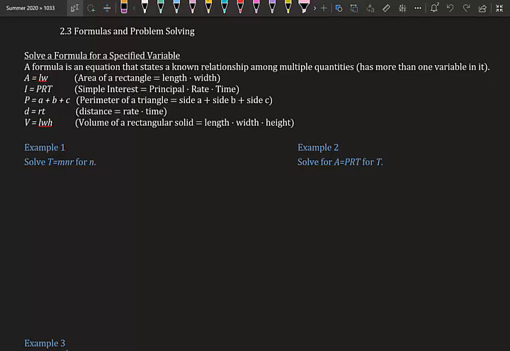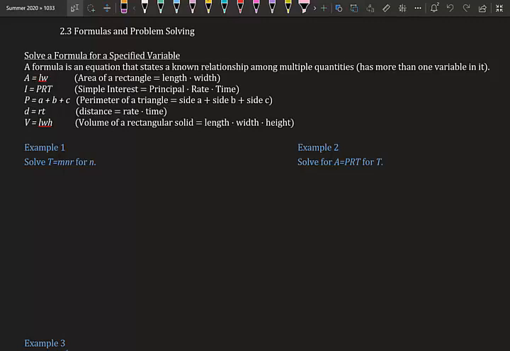2.3 Formulas and Problem Solving. So we're going to solve a formula for a specified variable. So why do we know how to do this? Later on in math and as you get down into your STEM classes, formulas rule. So we have to know, well, what if I'm only given these two things, but I need to solve